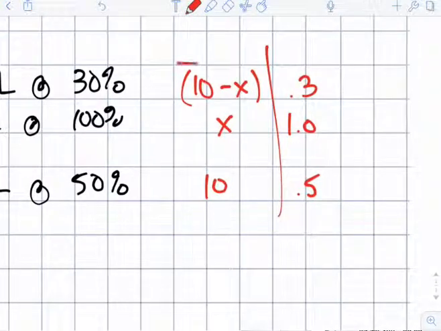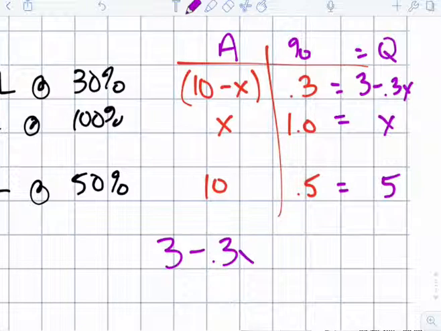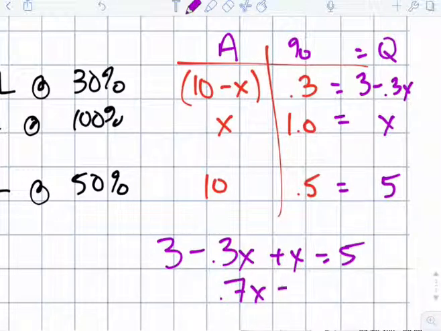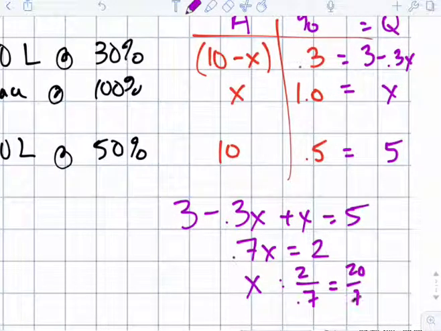So this is my table: amount times percent gives you my quantity. When I do that, I get 3 minus 0.3x, plus x times 1, which is x, is equal to 0.5 times 10, which is 5. So 3 minus 0.3x plus x is equal to 5. So we get 0.7x is equal to 2, and I divide by 0.7. So x is equal to 2 over 0.7, which is equal to 20 over 7, which is equal to